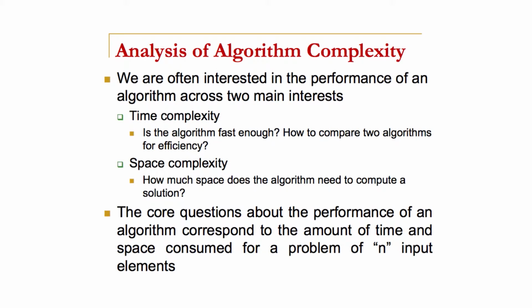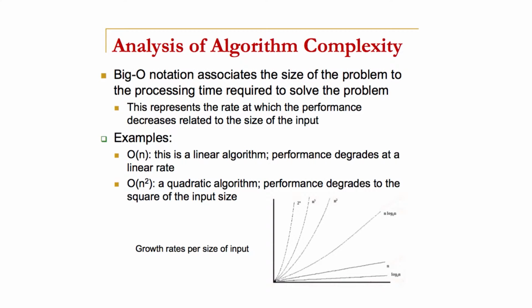So these questions about performance along the issues of time and space are often considered in terms of the input to the algorithm, that is, the size of the input. So if I have, for example, n elements in a list, I have to process n different things, and what's the speed of the algorithm or the memory requirements of the algorithm as the input size increases? So in order to analyze the complexity of algorithms, we often talk about what's been called big